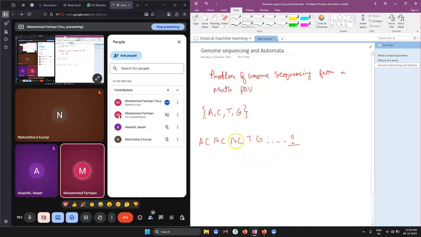So from this point of view, one way you can translate this problem into a different problem is,